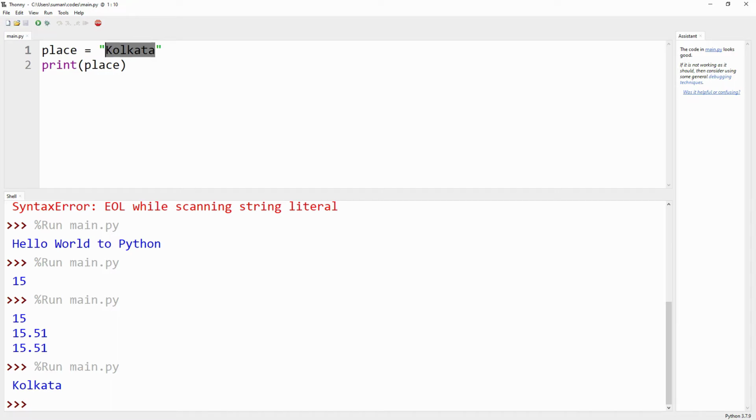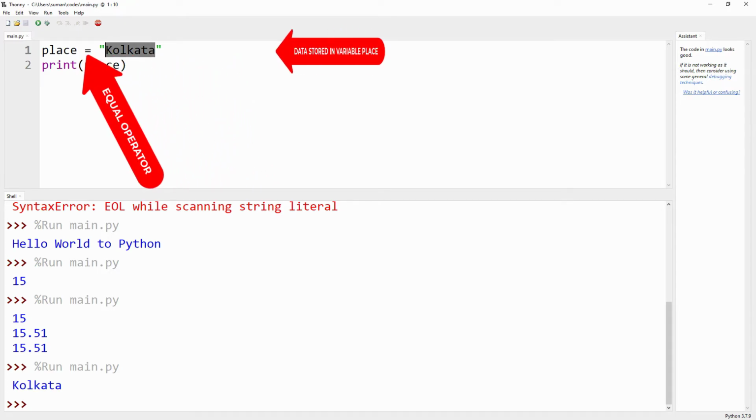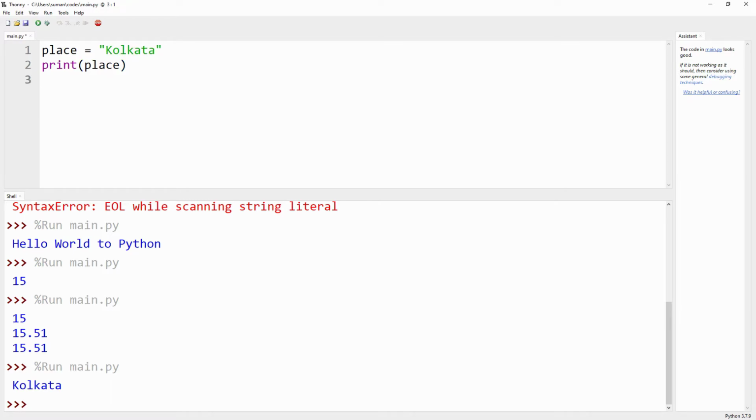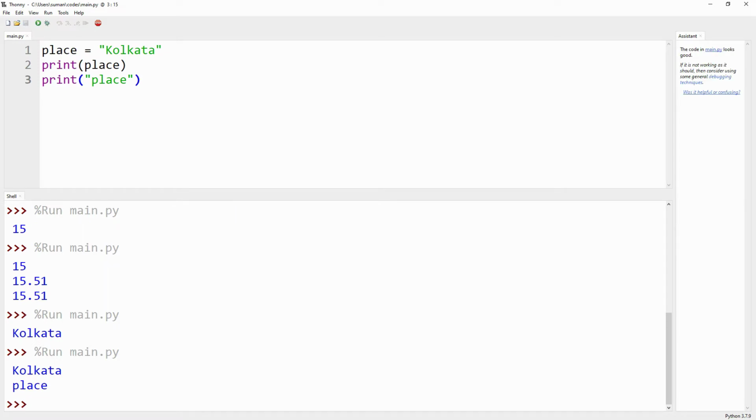Practically, place is the name of the variable, the equal sign is the assignment operator, and Kolkata is the data stored in it. In the same way, suppose we write print with place in between double quotes. Now if we run the code, look: the first line stores the data Kolkata in the variable named place.